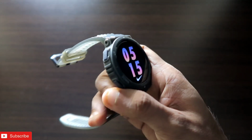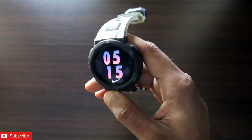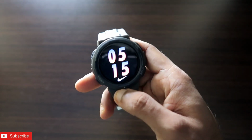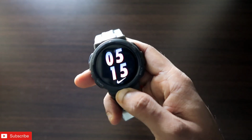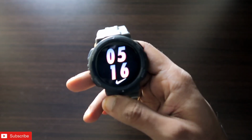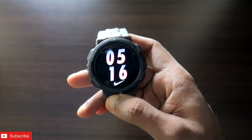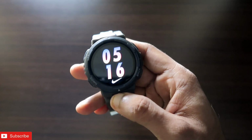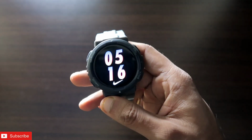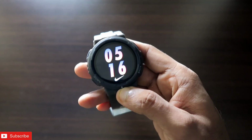So I have the Amazfit Active Edge smartwatch, and finally we can install third-party watch faces on this watch. You can see I have already installed a few of them, and definitely these watch faces look a lot better than the watch faces which are only available in the Zepp app. And definitely there are a lot of watch faces available. I will show some of the best watch faces which you can install on this watch, and these are all third-party watch faces. And also at the end of the video I will tell you guys how you can install